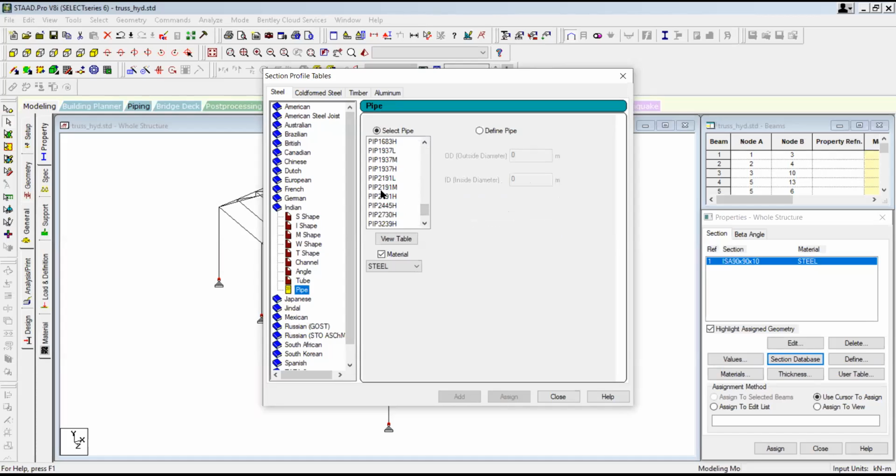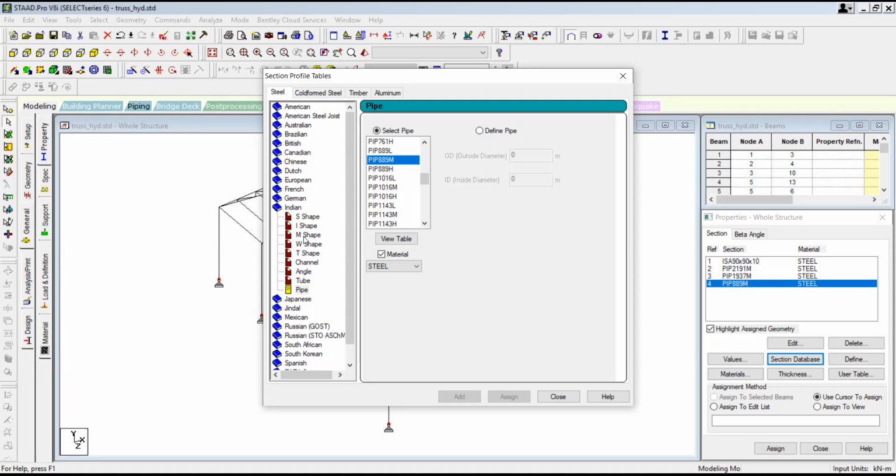I'm going to take 219 diameter medium, and 193 diameter medium, then 89 medium,